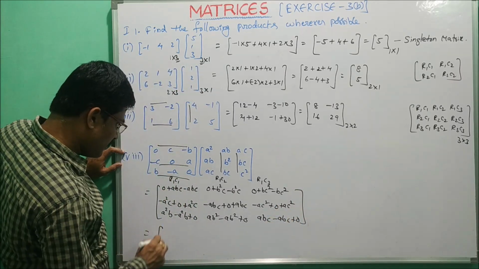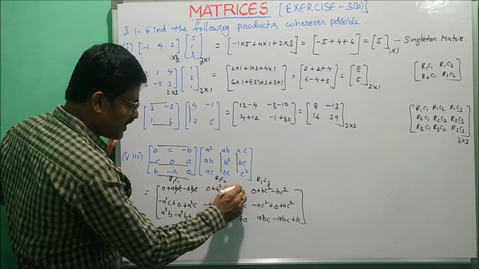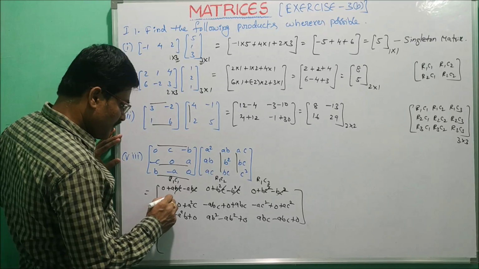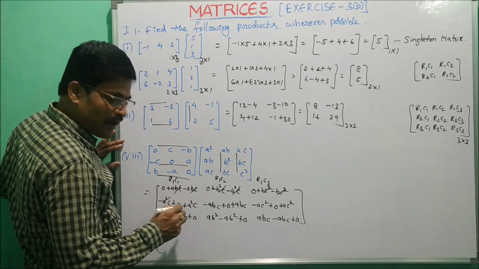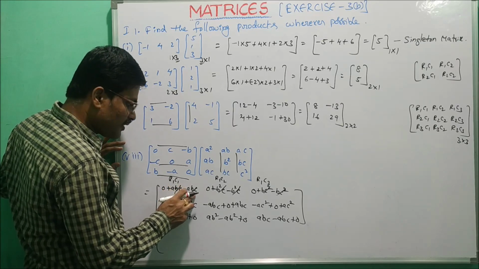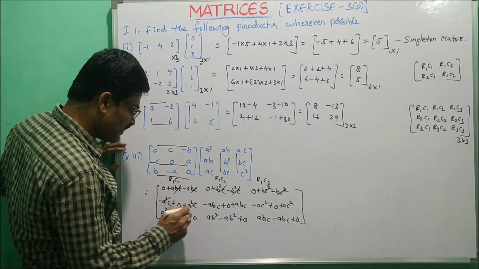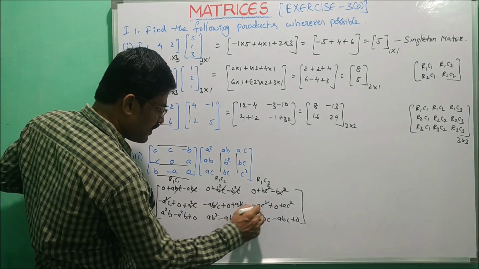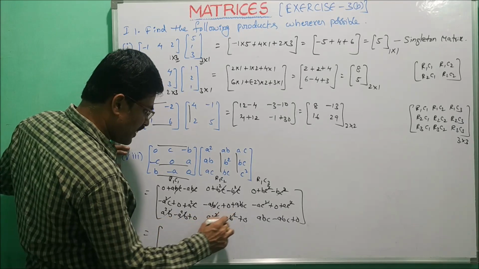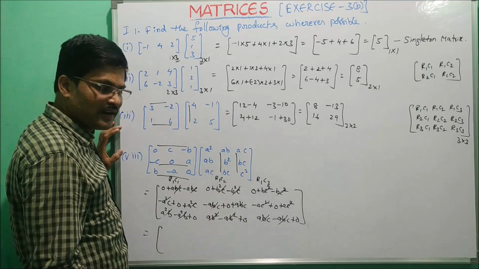Clearly we have to observe that ABC minus ABC are cancelled. B square C minus B square C will be cancelled. So all the terms are cancelled because one term is plus sign and one term is minus sign. They have the same values. So minus A square C plus A square C, minus ABC plus ABC, minus AC square plus AC square, plus A square B minus A square B, AB square minus AB square, ABC minus ABC. So all elements are cancelled.